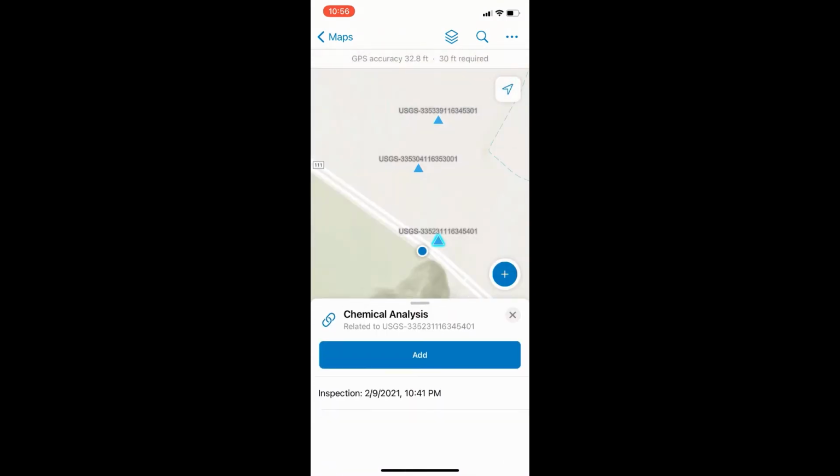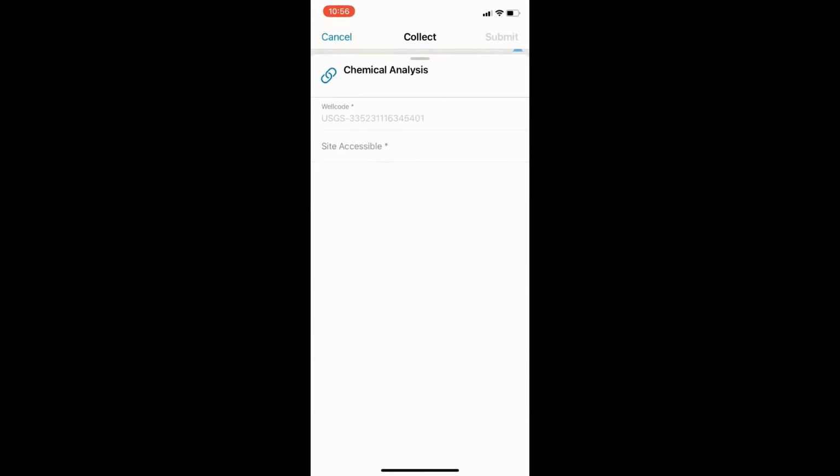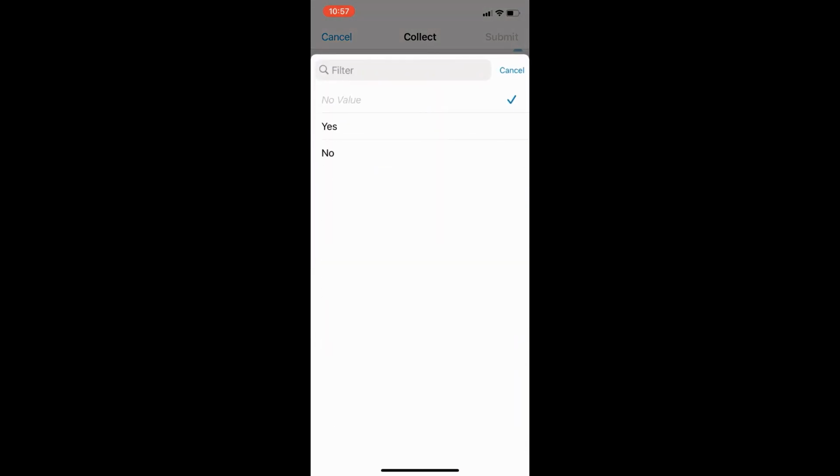So great way to visualize information once you collect it. Let's start a new observation or a new inspection, and you can see that I have a very simple form here. First thing I need to do is determine whether or not the site is accessible so that I can complete an inspection. So if I say no, in this case,